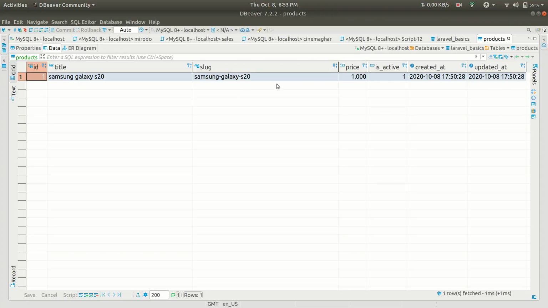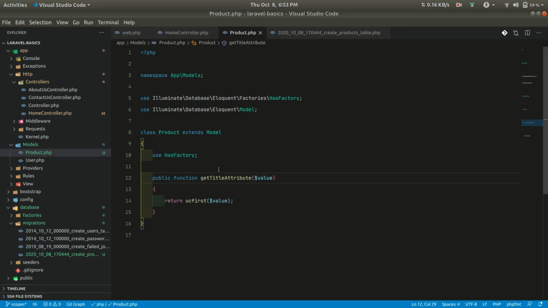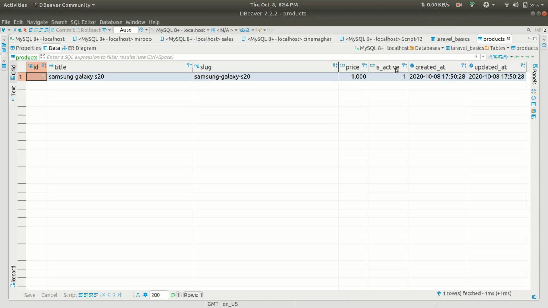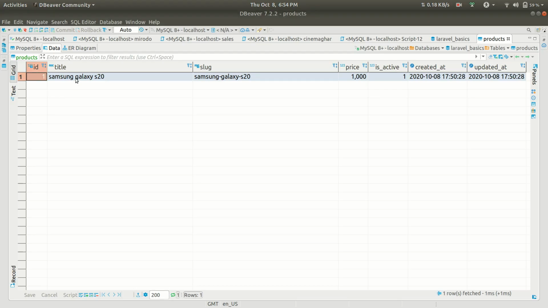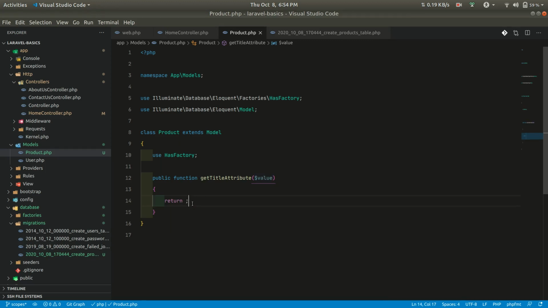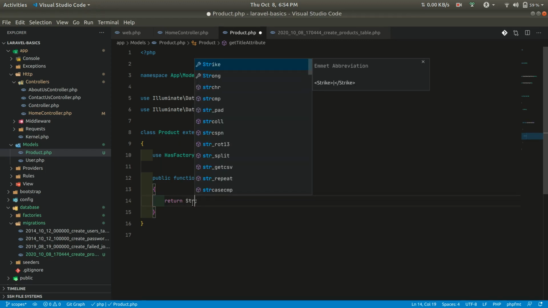And let's say there is an is_active column, then what we can do is write it in camel case, isActive, and it will automatically take this is_active. This is by convention, so we need to follow this convention. So for now, let us write title and this value. This value is what we'll get here. Now what we can do is str